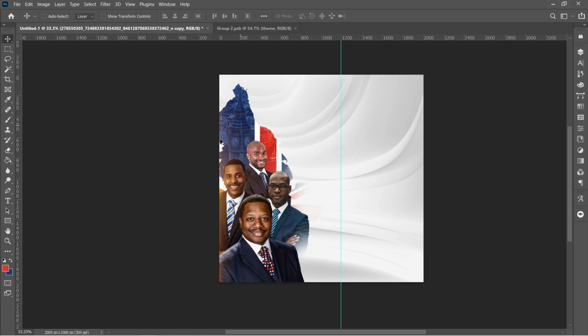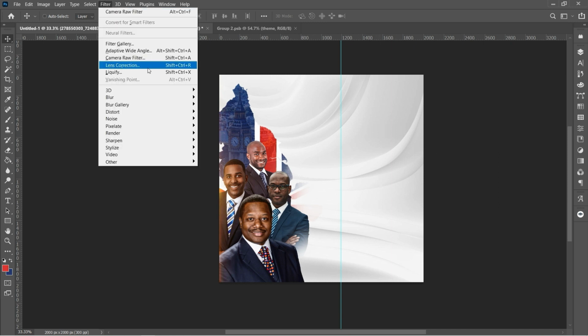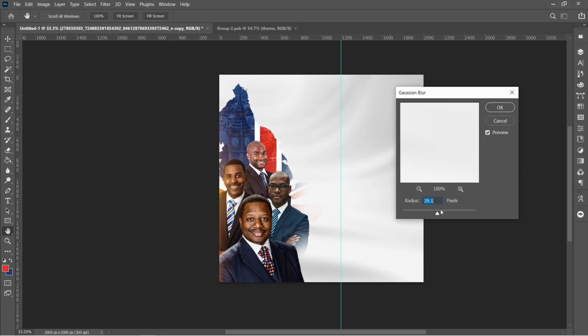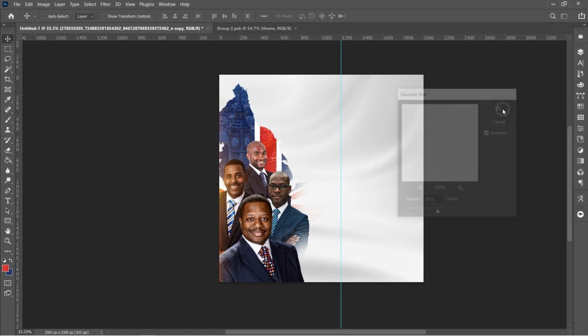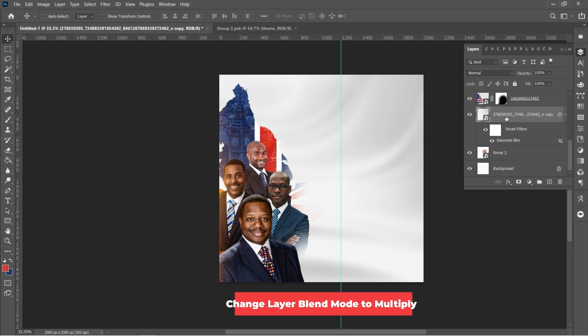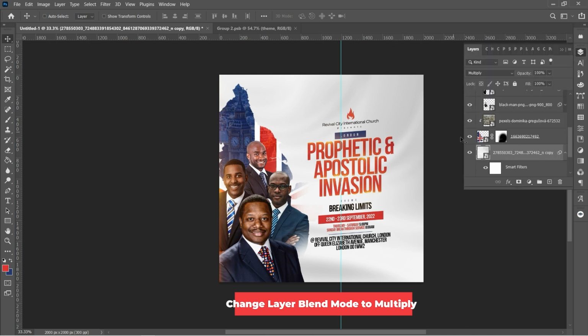So with this placed, I'm going to head over to Filter, and then Blur, Gaussian Blur, and then for the blur, I'll be using 29 pixels for my value. So just this, and then I'm going to place it above the test layer. Okay, so with this overlay placed here, I'm going to duplicate this,